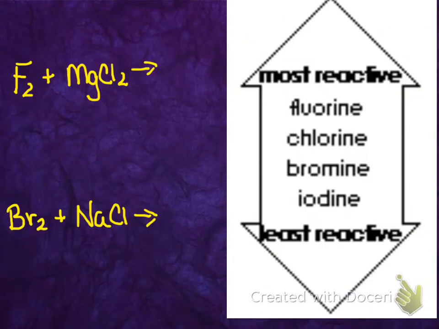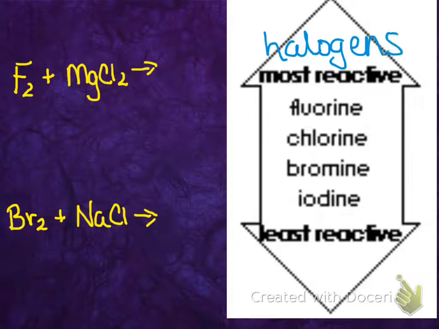Let's look at something else we have to think about. Okay, in all of those cases, we were comparing metals. There's also a chance with single replacement that we might replace the nonmetal. And when we do that, we're talking about the halogens. So group 17 elements, fluorine, chlorine, bromine, and iodine. Okay, and we have a list here. Fluorine's most reactive, then chlorine, bromine. Iodine is the least reactive. So when we look at this type of reaction,